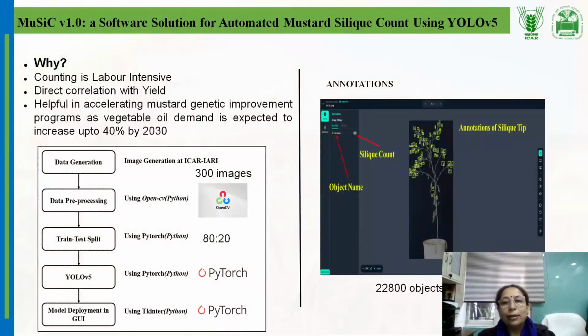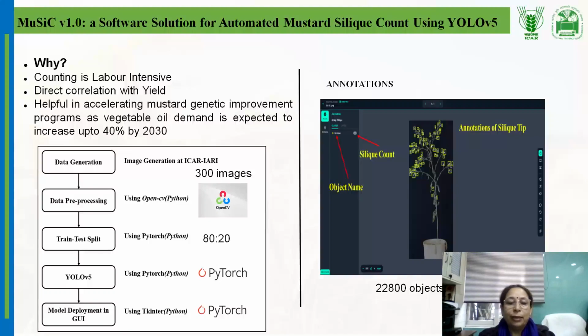I'm going to share another case study which is related to the counting of seeds, or you can say counting of mustard siliques. We know that siliques play a very important role as far as the mustard genetic improvement program is concerned, and at the same time the yield aspect. For this particular aspect also, the data is generated from the Nanaji Deshmukh Plant Phenomics Center, IARI, and on top of this data, certain pre-processing techniques were carried out. And then the YOLO model has been used for the automated detection of the siliques